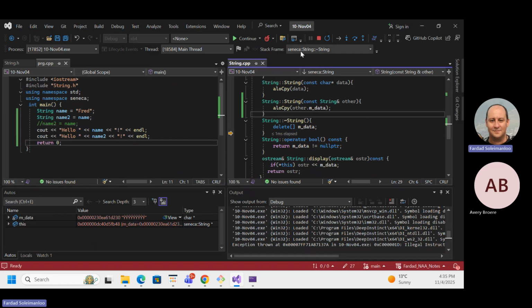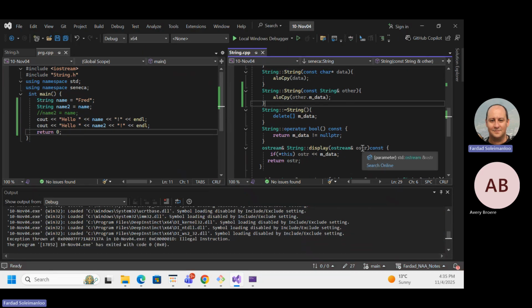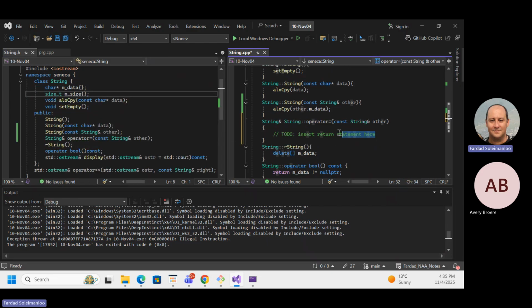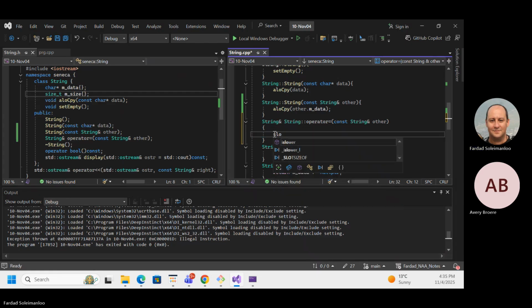Now, the problem is that we wrote the code a little too intelligently. So when I actually want to come over here and do this one, I can simply say allo copy 2. And I'm not going to have a memory leak, I think. Why?